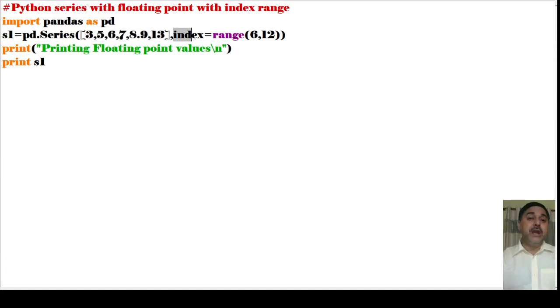I have written here index equals range. Then I have opened the bracket, I have given the starting point and the ending point. That means it will be closed before the ending point. Now as I am giving it, see the thing very nicely. Range is a pattern of a function. Now this function is where? It is under the index.